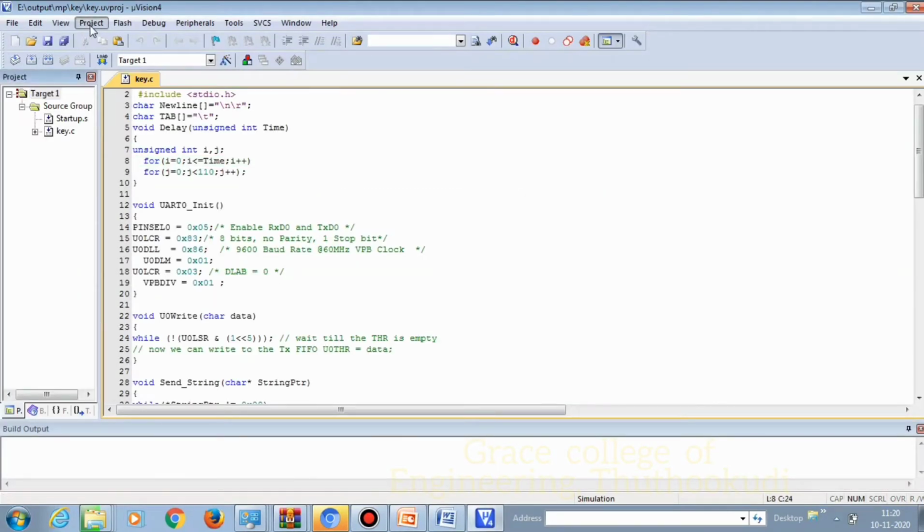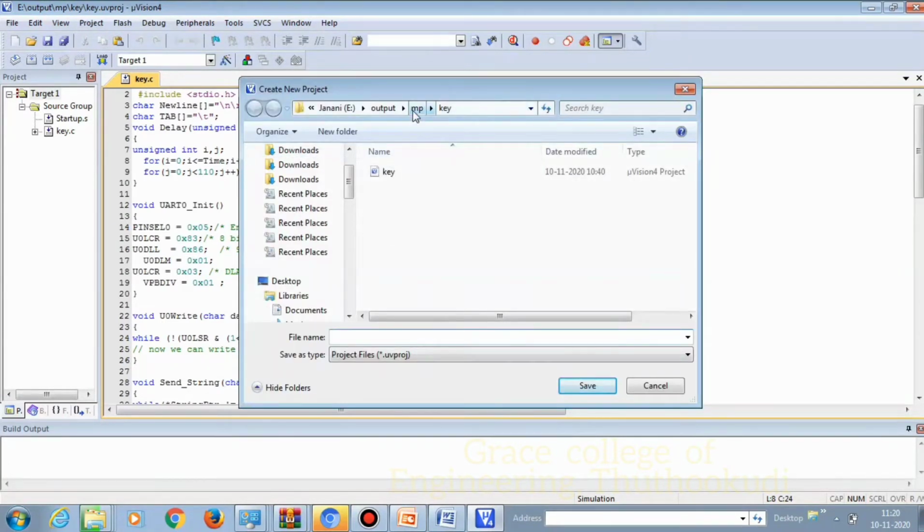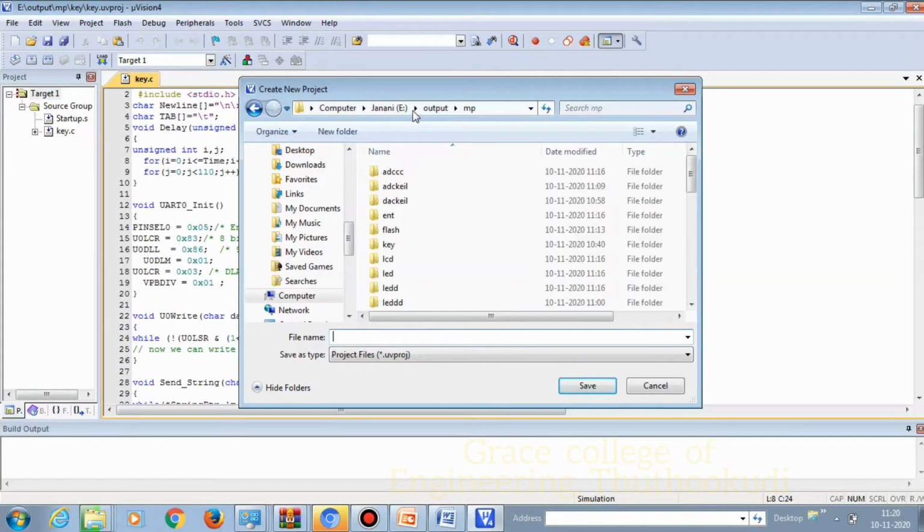Now you have to click project and click new MicroVision project, in any folder. See, I have taken the folder name MP and I created a new folder. I have given the name of the folder as LCD interface.